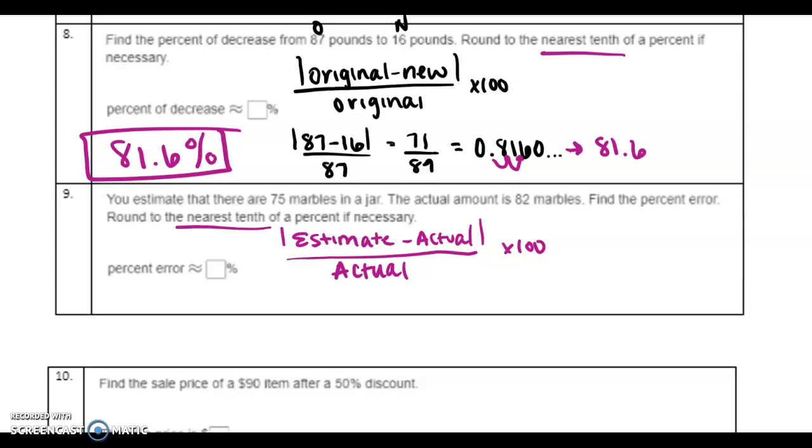So this means that I have an estimate of 75 minus my 82, which was my actual, and then I divide it by 82 because that's my actual. I'm going to make sure to take the absolute value of that when I subtract. So 75 minus 82 gives me negative 7, but we want the absolute value, so we keep it as a positive, and then we divide by our actual. 7 divided by 82 gives me